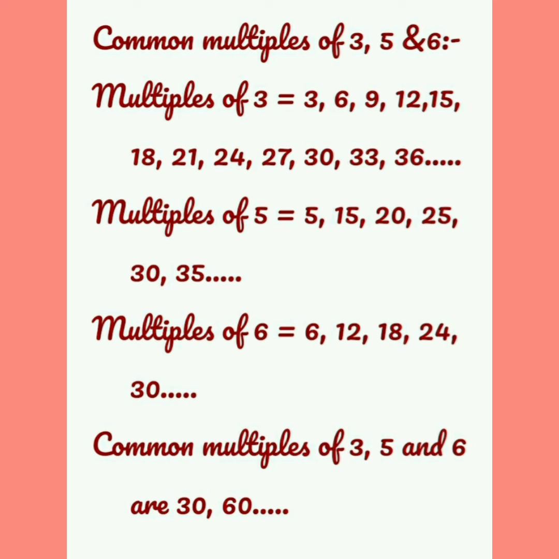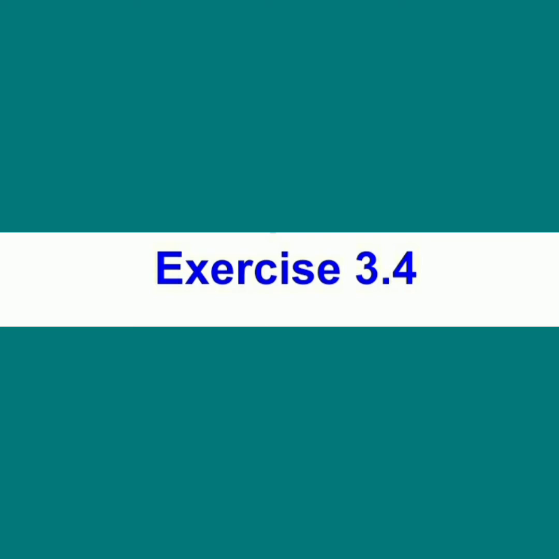Now, as you know, multiples can be countless. Natural numbers are infinite. So कौन से भी नंबर को अगर आप मल्टीप्लाई करोगे, if you multiply any natural number, you will get a multiple. So, like natural numbers, multiples are also infinite. So we are putting dots, so on. इसके लिए मैंने बोला, ठीक है? And factors are limited, ठीक है ना? So this is all about common factors and common multiples. Now, we will move on to exercise 3.4.